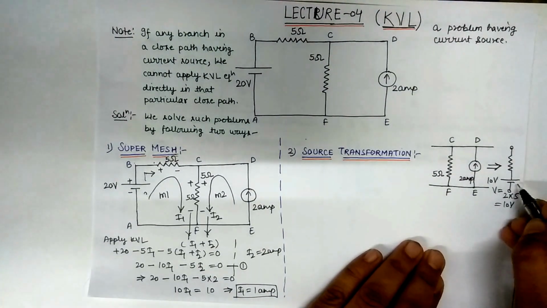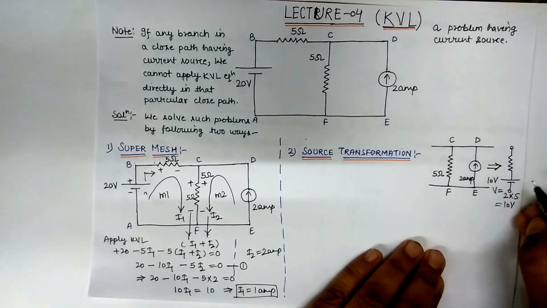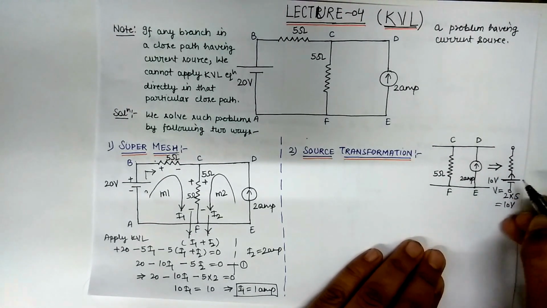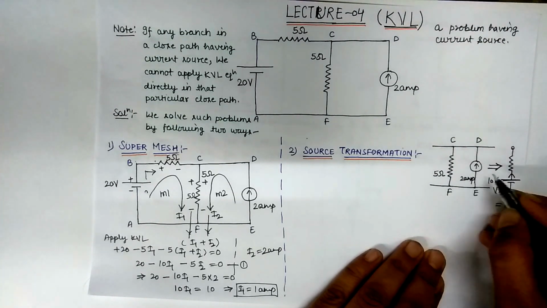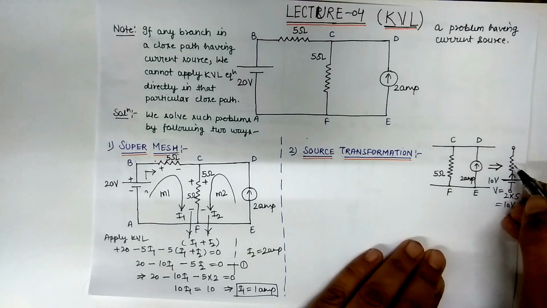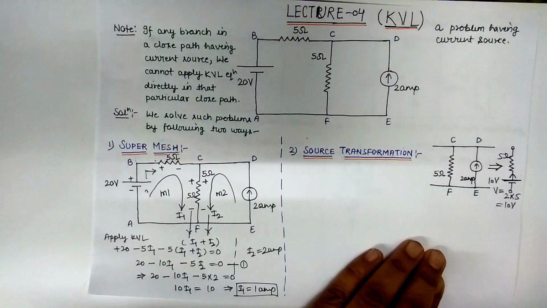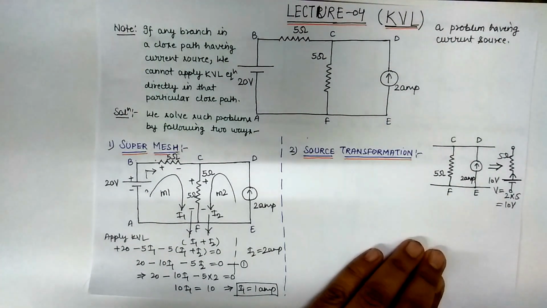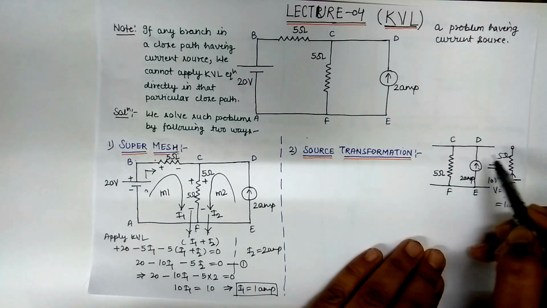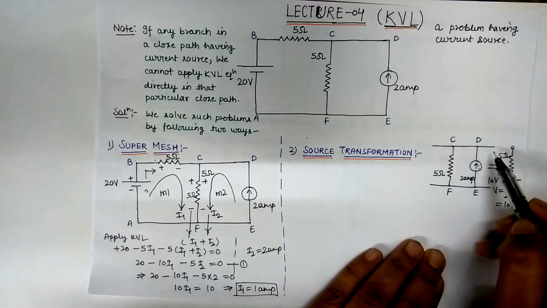How to make this polarity? Current is flowing from downward to upward, right? So we can similarly make this polarity because it will provide current upward. So it is similar to the current as shown in the current source. The value of resistance is the same as the previous. One more thing I mentioned here: this current source is purely alone. There would be no resistance connected in series, right? So this is the combination.